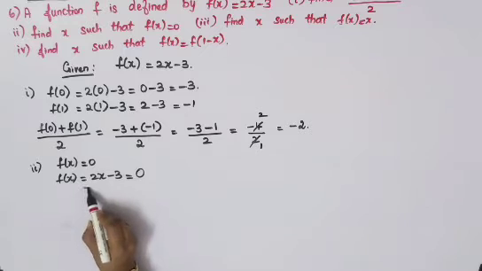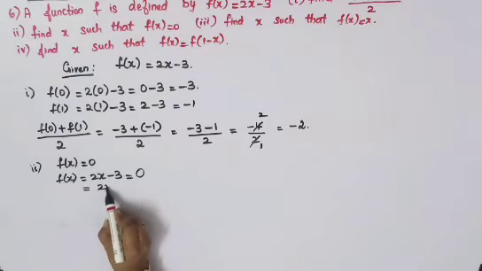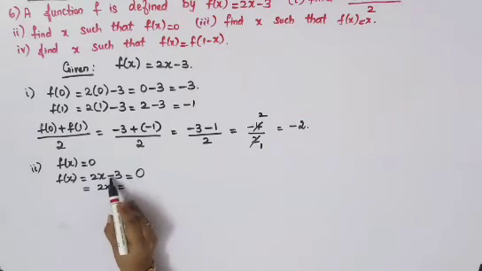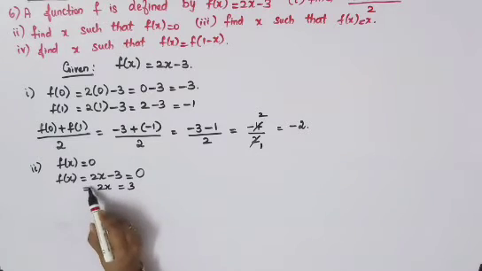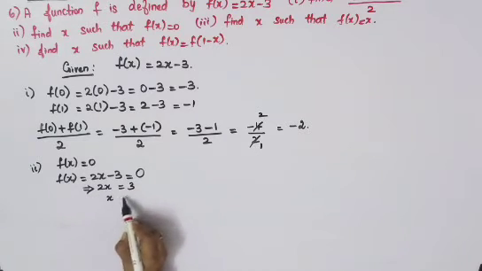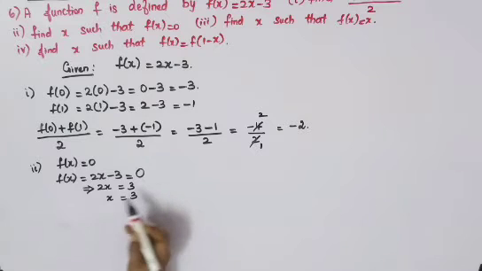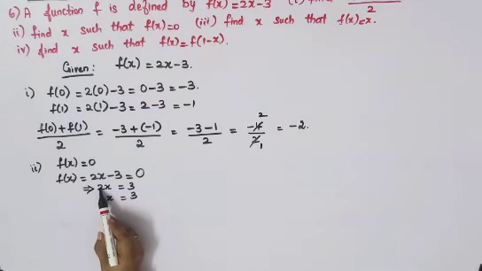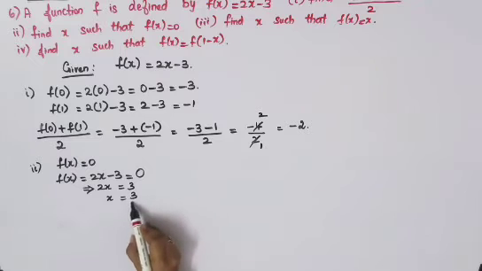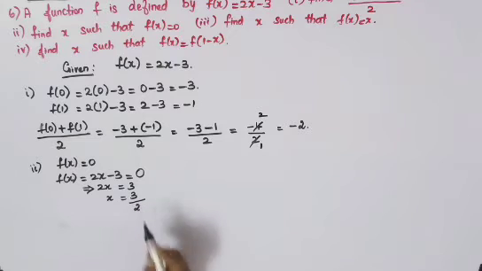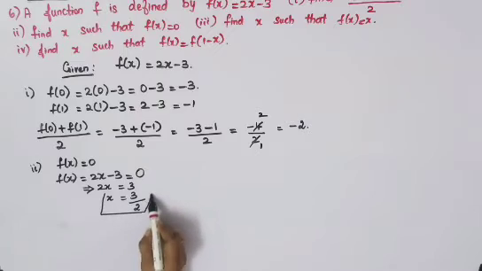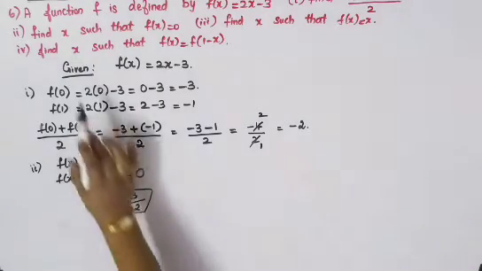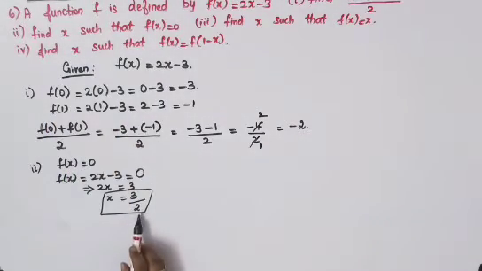The next line is 2x is equal to this minus 3, if you take it towards your right hand side it will become plus 3. Therefore 2x is equal to 3. 2 is a multiplication here, so when you take it towards your right hand side it will come to the denominator as 3 by 2. So therefore the value of x is equal to 3 by 2. They have asked you to find x only, so we have got x over here.